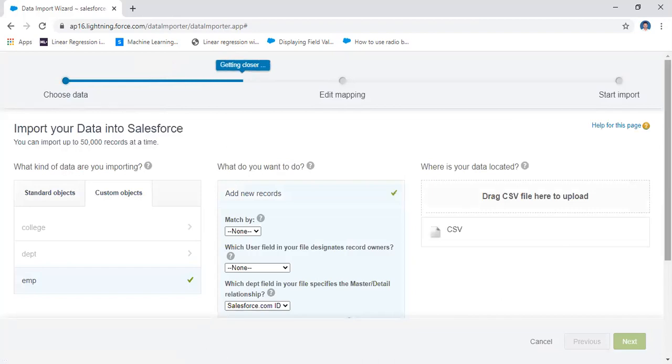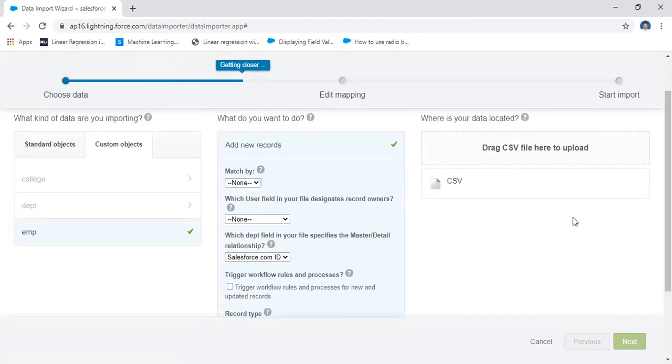Here how can you add the record? Here you have add new record, and you have a certain option here, matched by name. That means if it is a match, then only it will display that one. And then each user field in your file designates the record. That means you may use any one. I don't need that one.